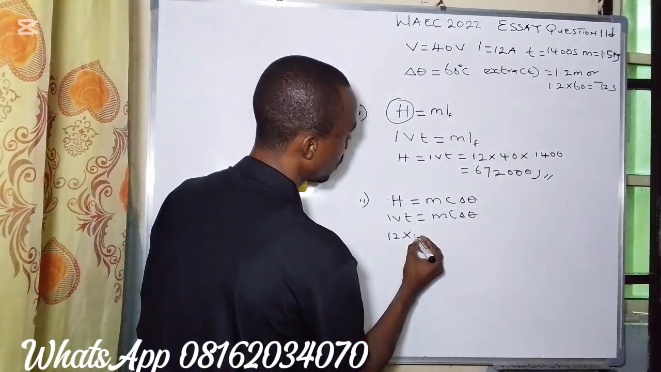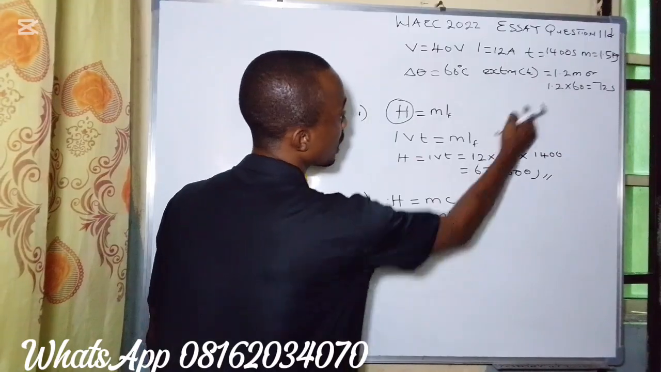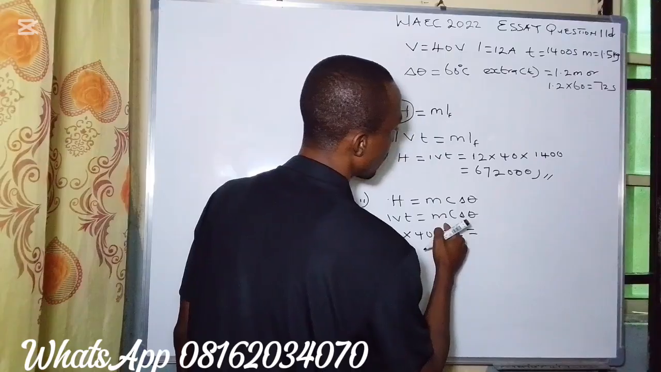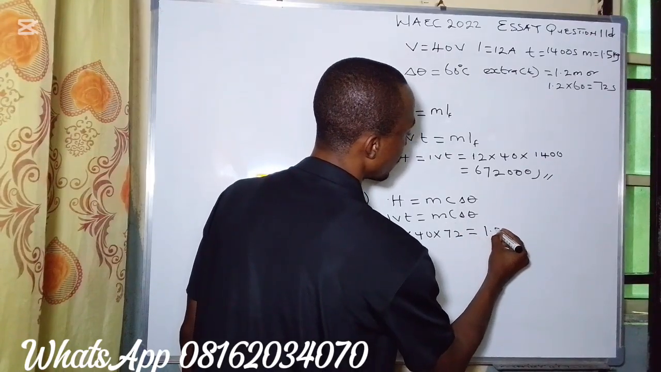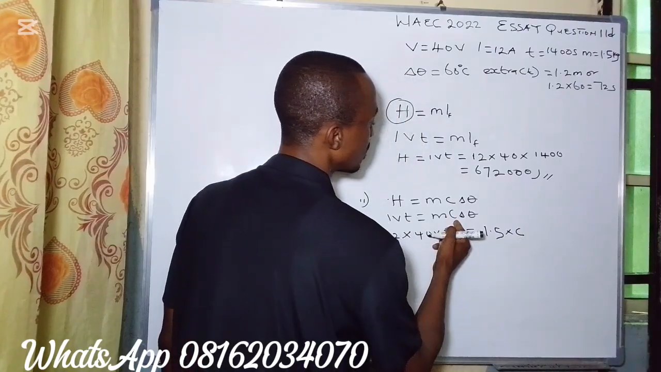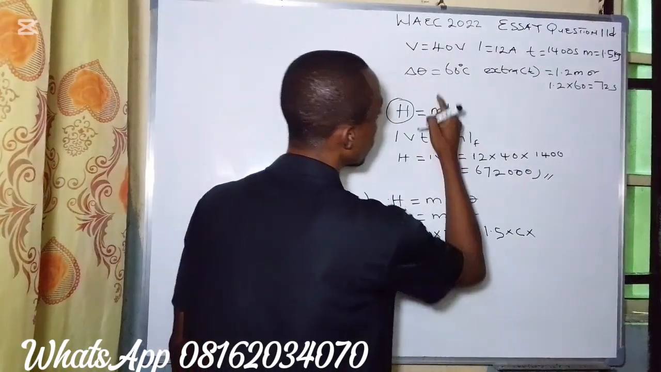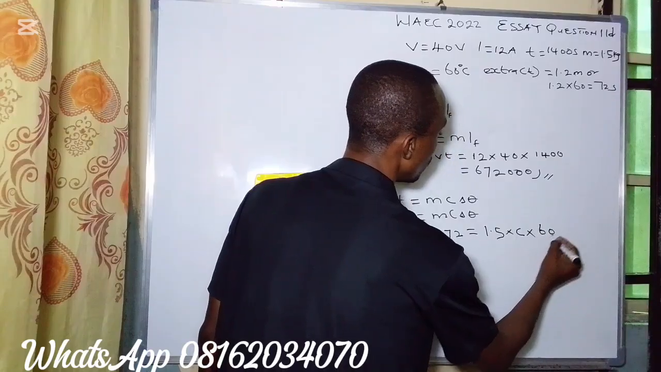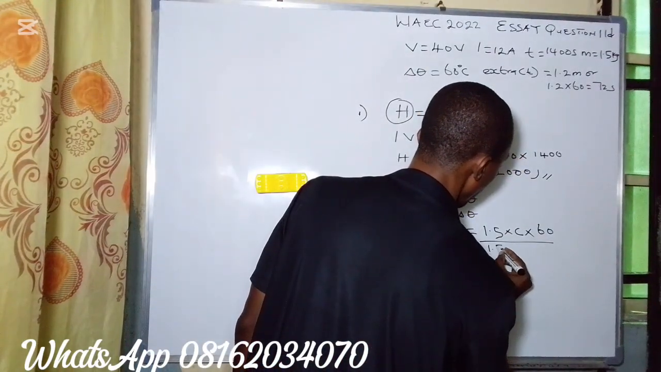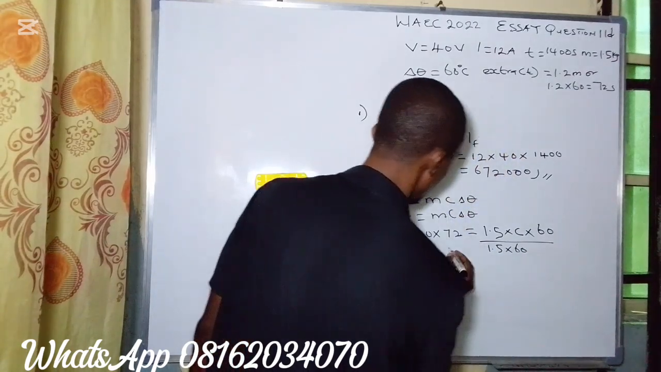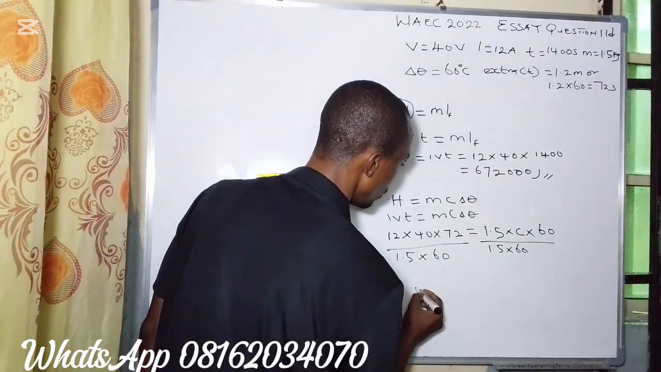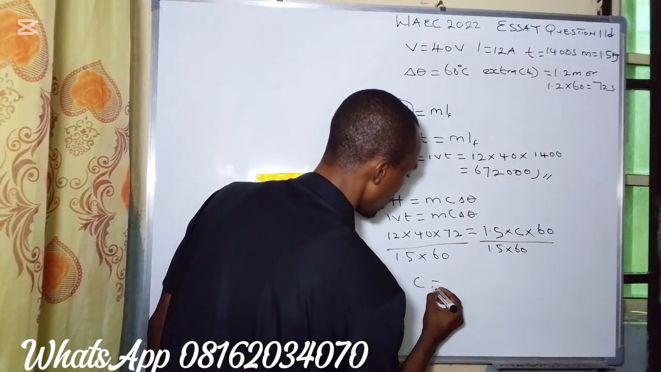The potential difference, the voltage, 40, times the extra time, 72 seconds, equal to the mass, 1.5, times C, which is what we're looking for, the specific heat capacity, times the change in temperature, 60. All we need to do is to make C the subject of the formula. If we do that, we have 1.5 times 60 here and the same thing here. So if you do this with your calculator, you're going to have